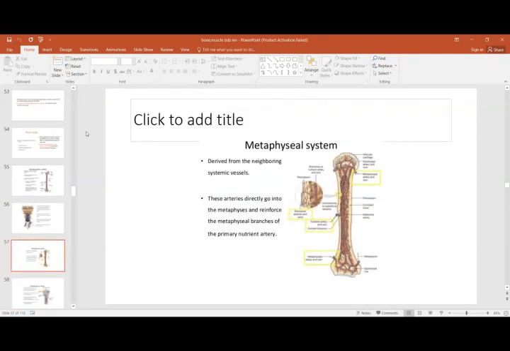Then there are the metaphyseal vessels. The metaphysis, if you know the area, is just between the epiphysis and the diaphysis. So the vessels from the neighboring area, as you can see labeled, come and reinforce the branches of the primary nutrient artery. So they ossify. And if the articular cartilage is still there, there is not going to be a penetration of these metaphyseal vessels to the epiphyseal ones. So they will only anastomose. You see in this picture, they will only anastomose with the